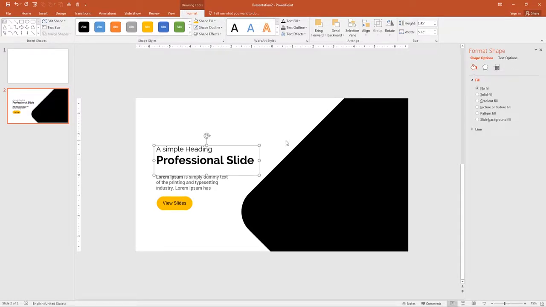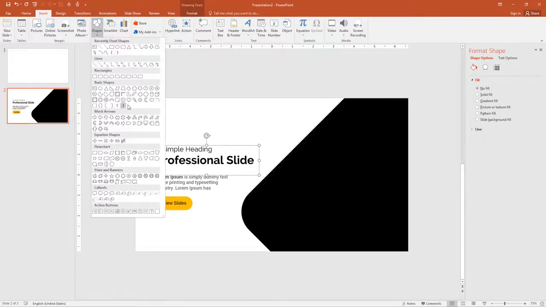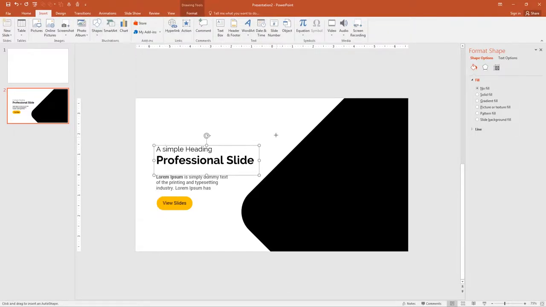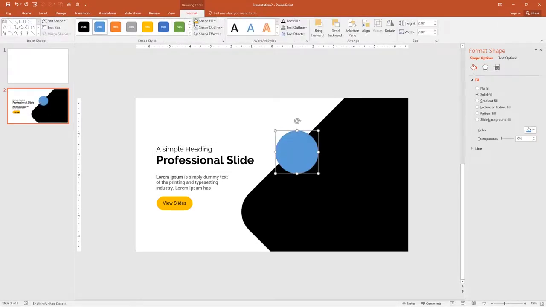Now add the circle on top of the rectangle. Let me show you. Go to Insert, click Shapes and select the oval shape. Draw it and change the shape fill color to orange. Remove the outline and